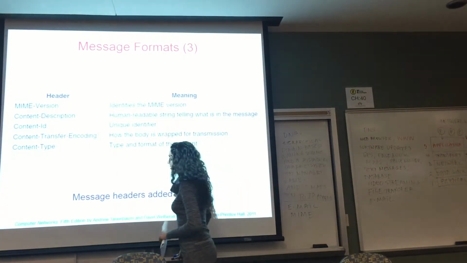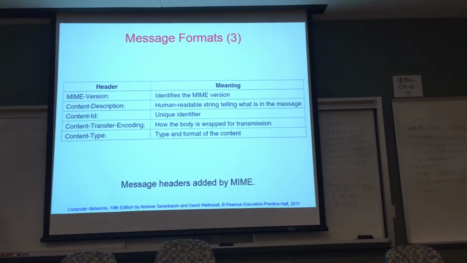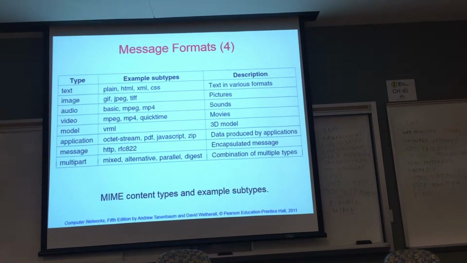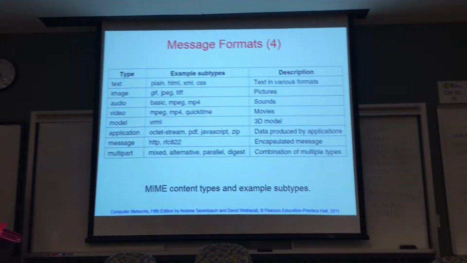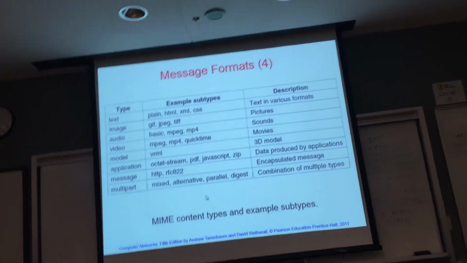It also allows for text, audio, video and other applications to be sent through the email, other than just English text. So all of these types are specified in the MIME